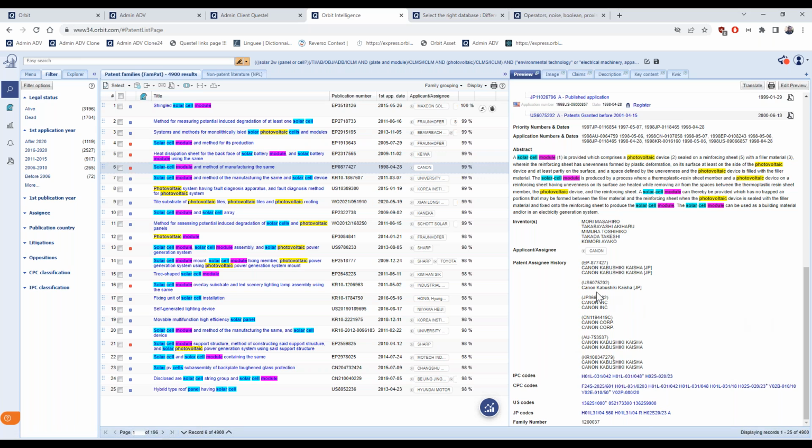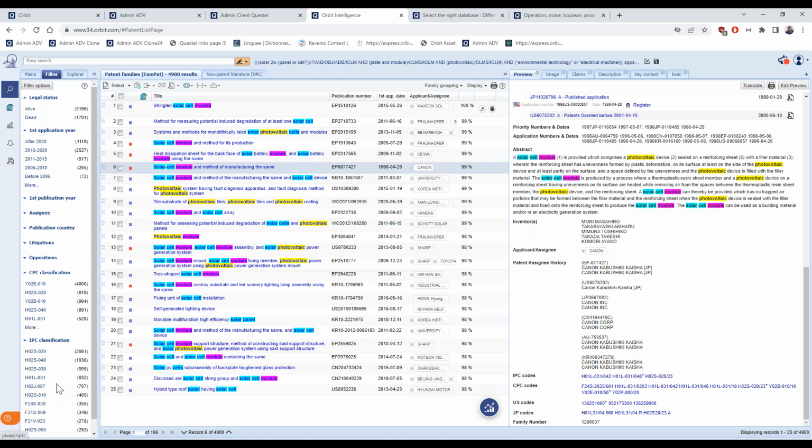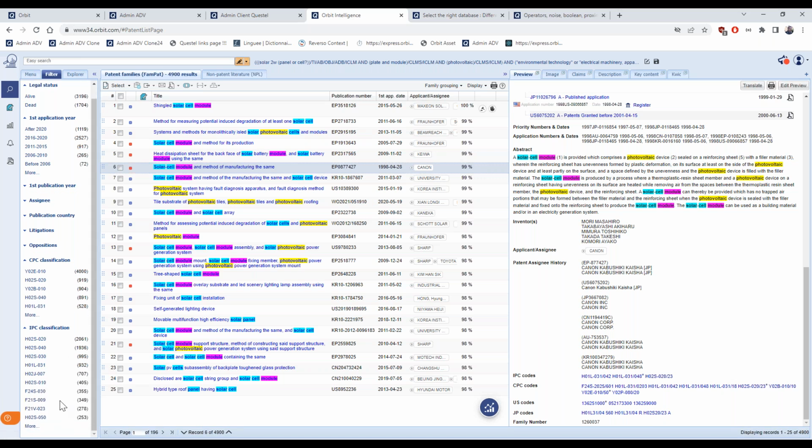You have dedicated filters that we added for the CPC and the IPC classifications. You can, of course, click on more to see more subclasses.